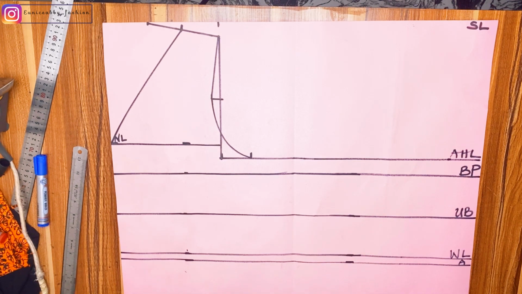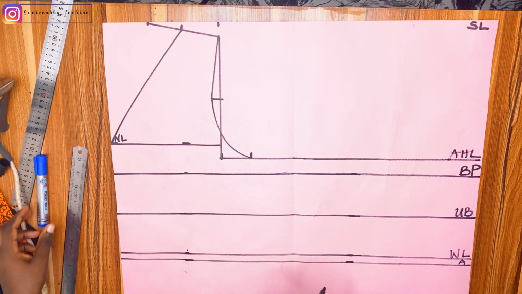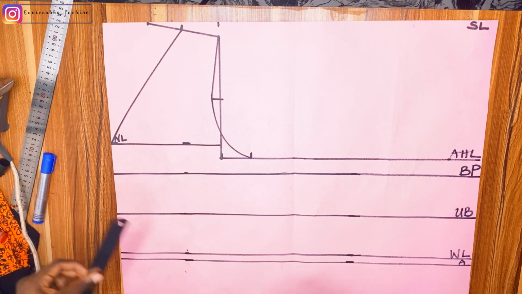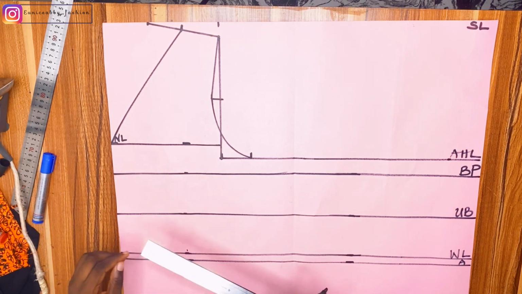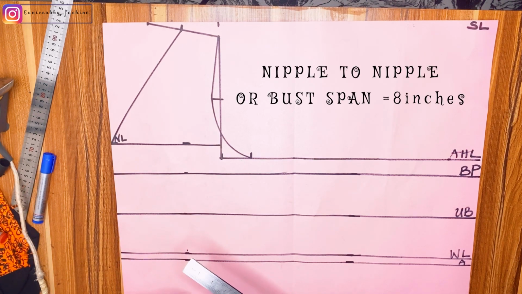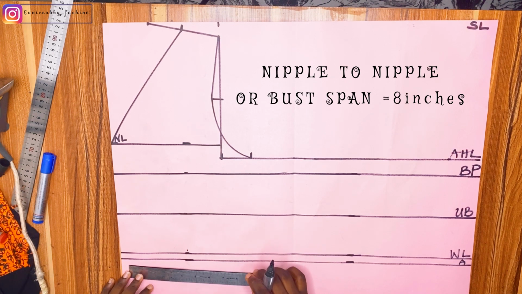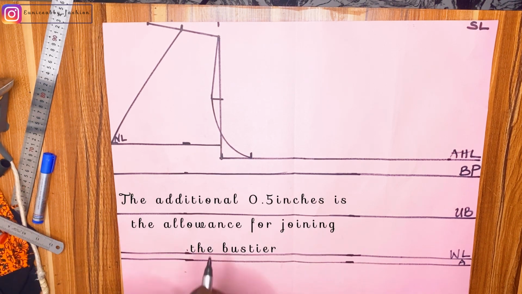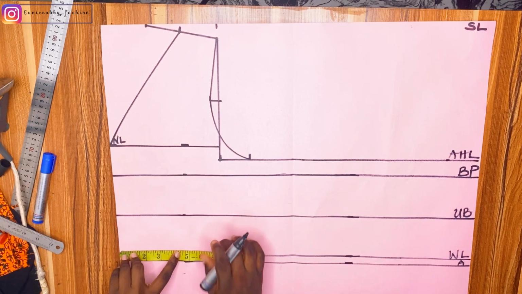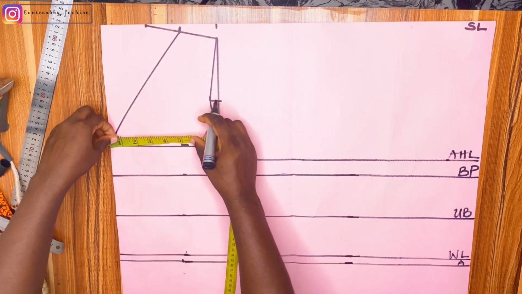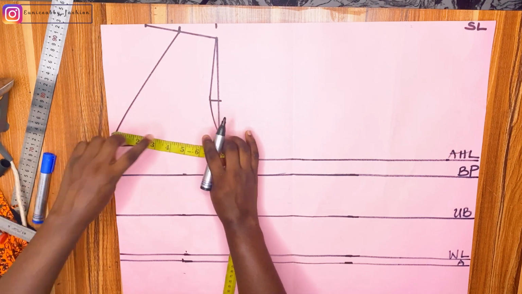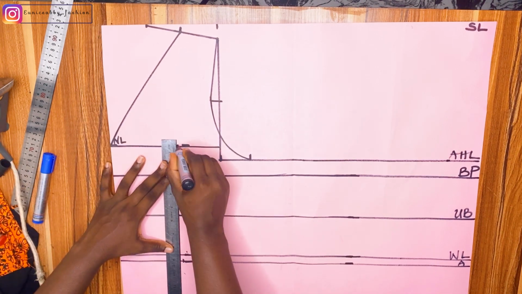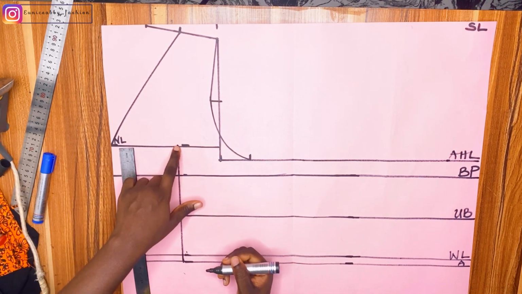The next step is to take in our darts. My nipple to nipple measurement is 8 inches. That is, my bust span is 8 inches. I will divide what I have by 2, and I have 4 inches, but I'll add 0.5 inches and mark that. So I marked 4.5 on the new neckline and 4.5 on the waistline, and I connected them to form a straight line. On the neckline, I will go up by 1 extra inch,